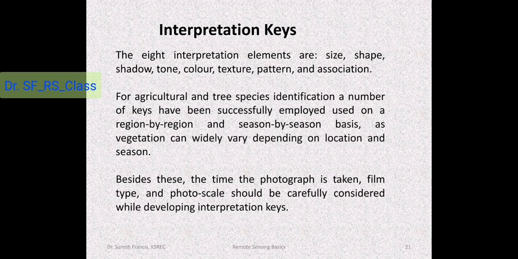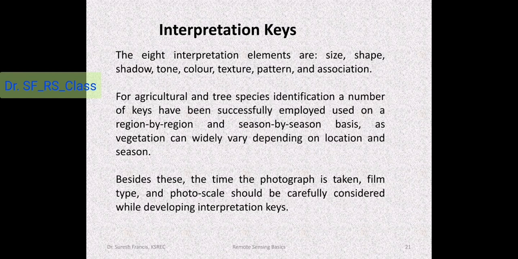For agriculture and tree species identification, a number of keys have been successfully employed on a region-by-region and season-by-season basis, as vegetation can vary widely depending on location and season. If you are an agriculturist interpreting the agriculture pattern, it will change, especially in Kerala, from season to season, and also from northern Kerala to southern Kerala, depending on the terrain characteristics.